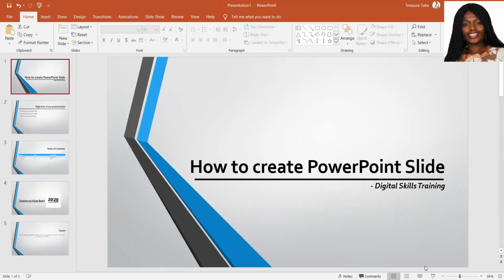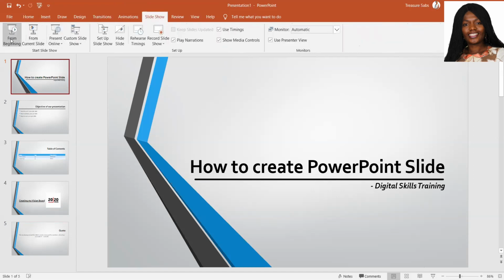So the next thing we want to do is to add our transitions. Transitions is how the slide moves from one to the next. How smooth is the transition? I'm going to show you something here before we add a transition, how this looks like. To view your slide, you go to the menu and select Slideshow. Select from beginning,